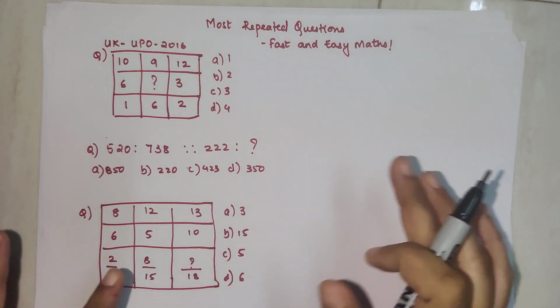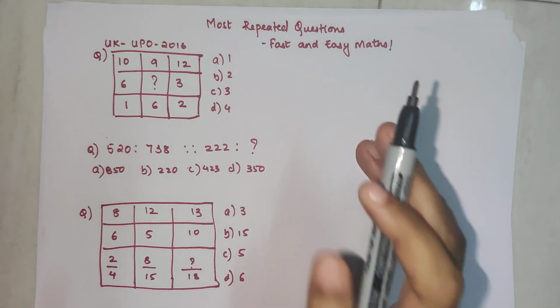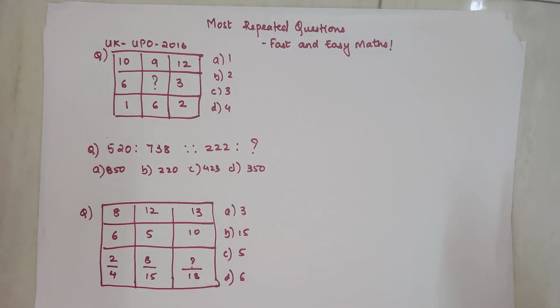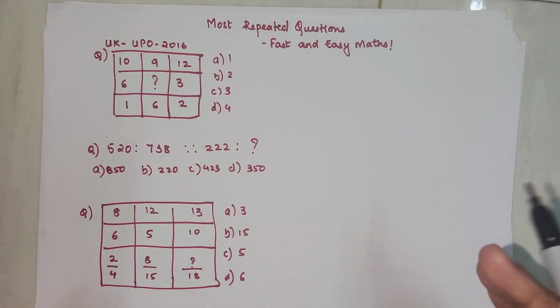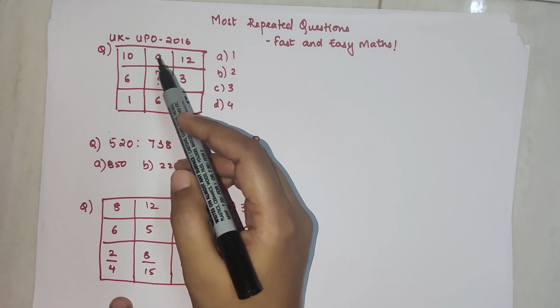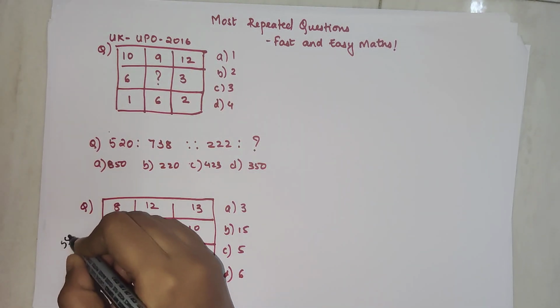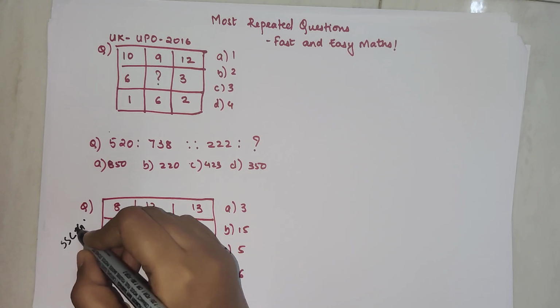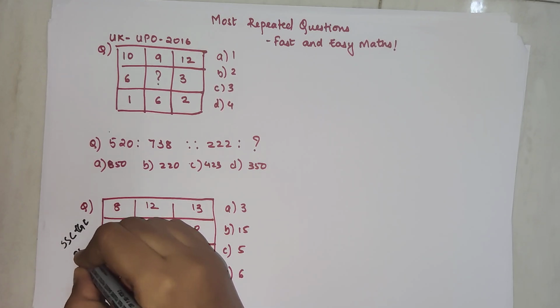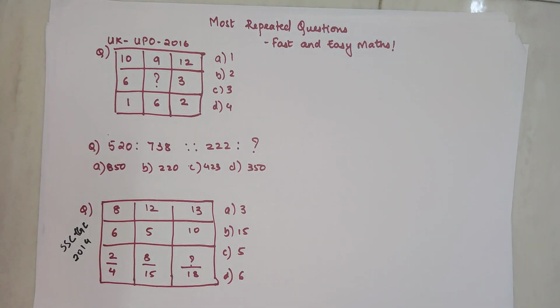related to mathematics. So students, today I'm going to solve the most often asked questions, these kinds of questions are very often asked in exams like UP, UPSC, SSC, all of that. In fact, this question was asked in Uttarakhand UPO, and this was asked in SSC CGL. Which year was that? 2014. Yeah, 2014. So if you want, you can pause this video and try solving all of them. If you can, very good, and if you can't, then you can just see what approach you should be using for these kinds of questions.